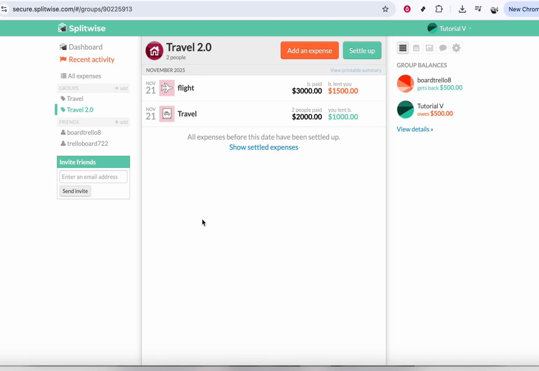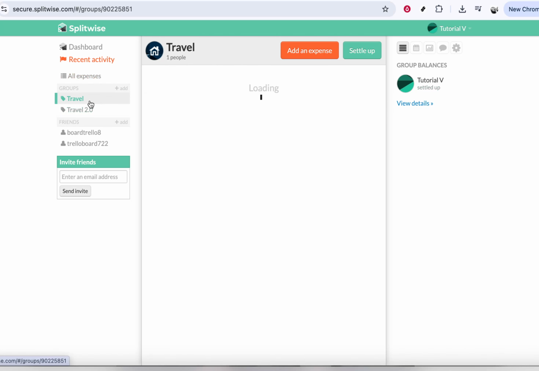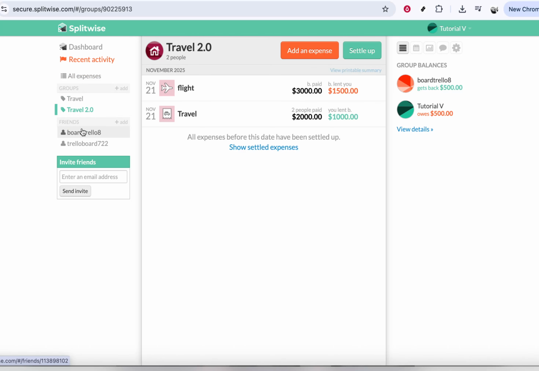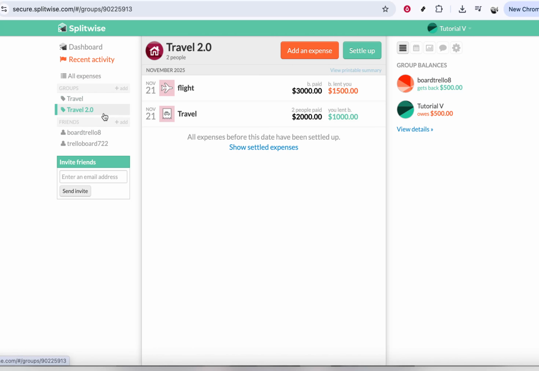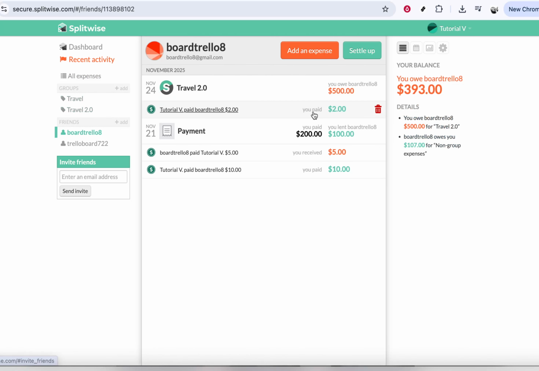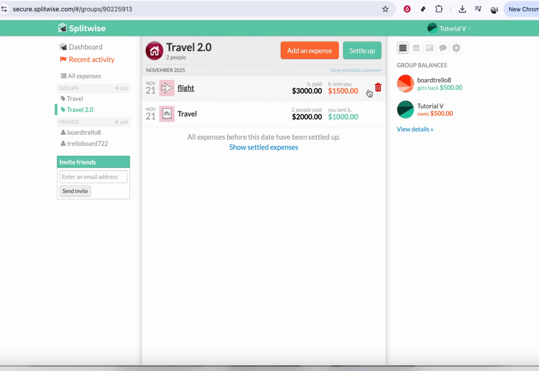Next, we're going to go to the Groups section. This is where Splitwise organizes your expenses by category, such as trips, households, or friend groups. Look for the list or sidebar that shows your groups and click on the specific group that contains the expense you want to delete. Taking a moment here to confirm you're in the correct group can save you from editing